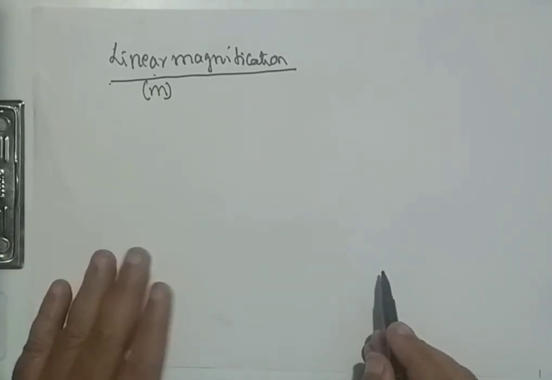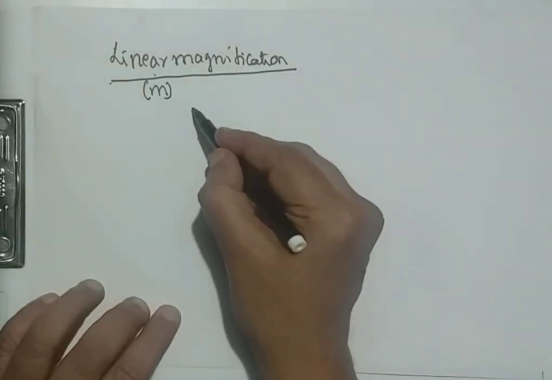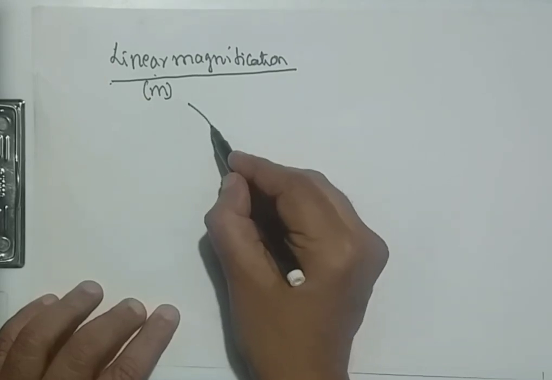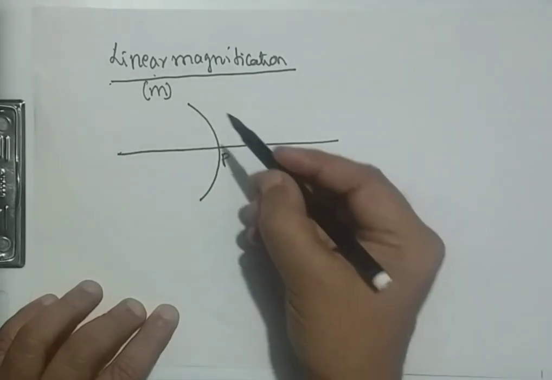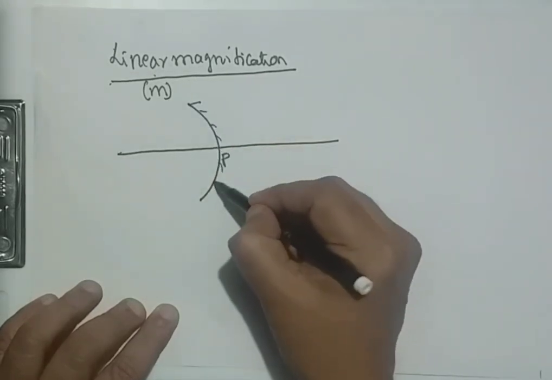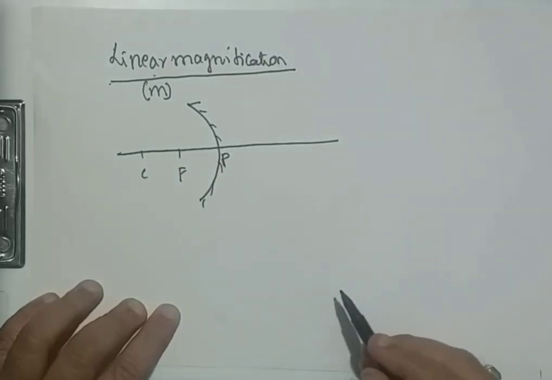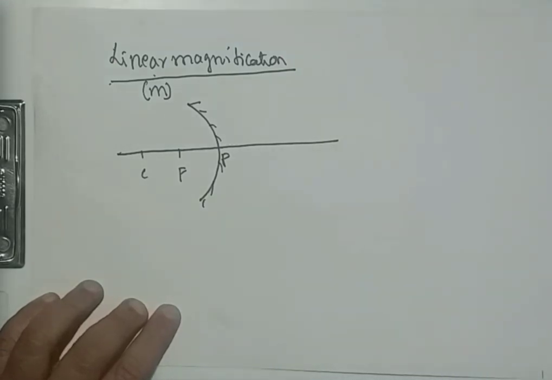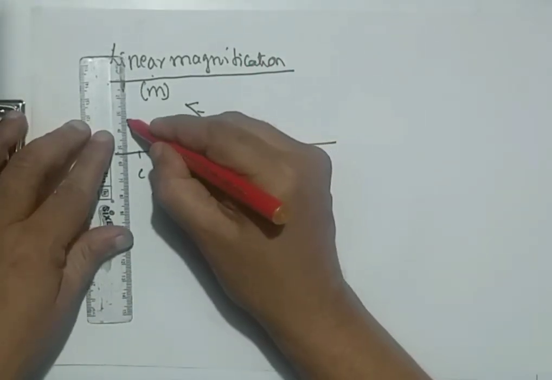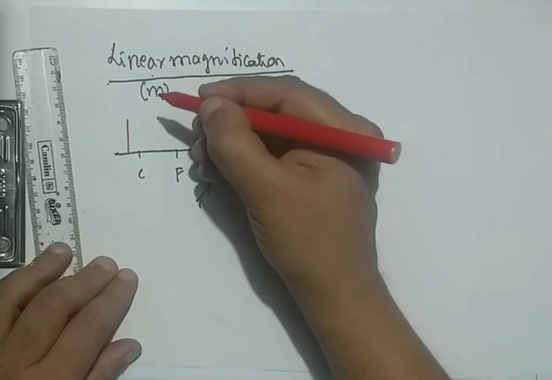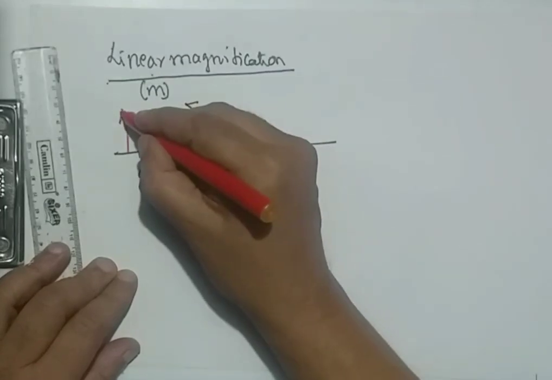In fact, this part is already derived in the mirror equation itself, but it becomes a practice for us if we write the figure once again and we write the equations once again. Observe, this is the pole, this is the concave mirror backside, and this is the focus, and this is the center of curvature. Now we write the diagram once again. I write the object like this. AB,